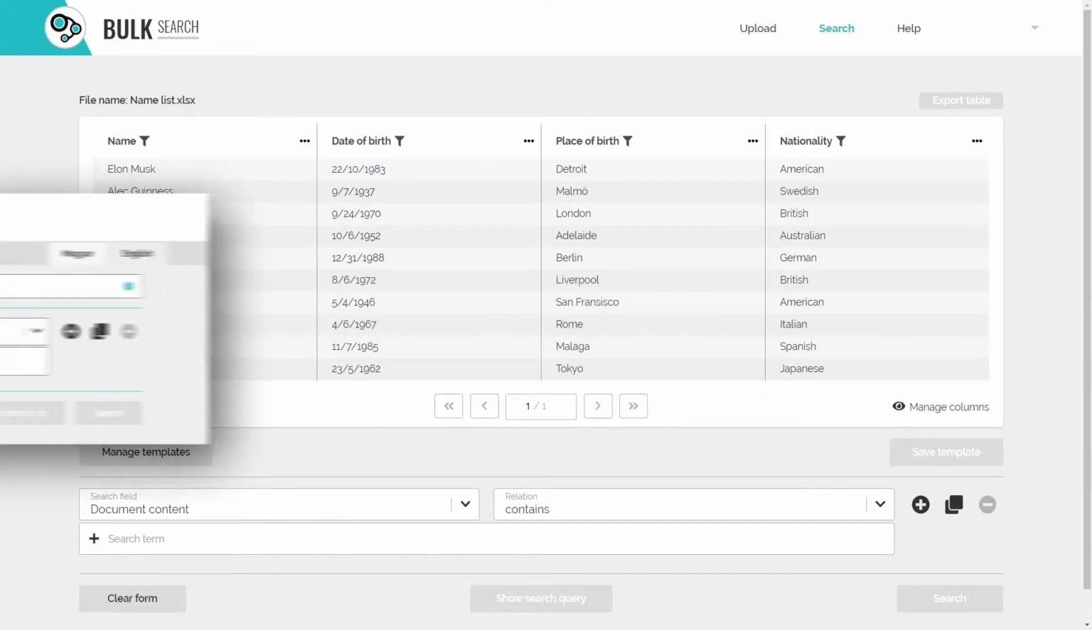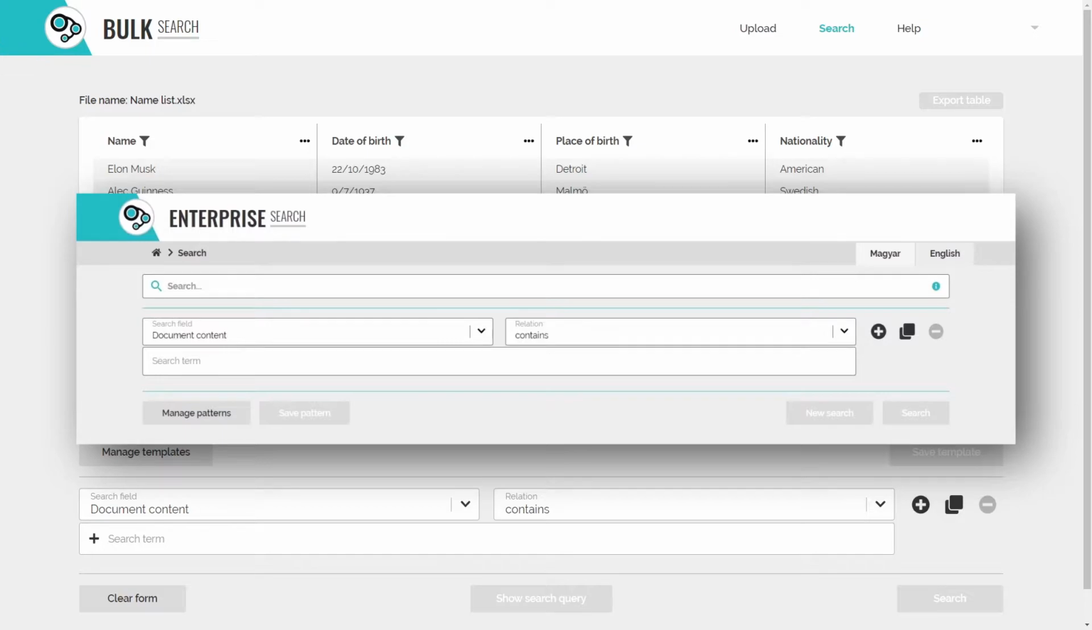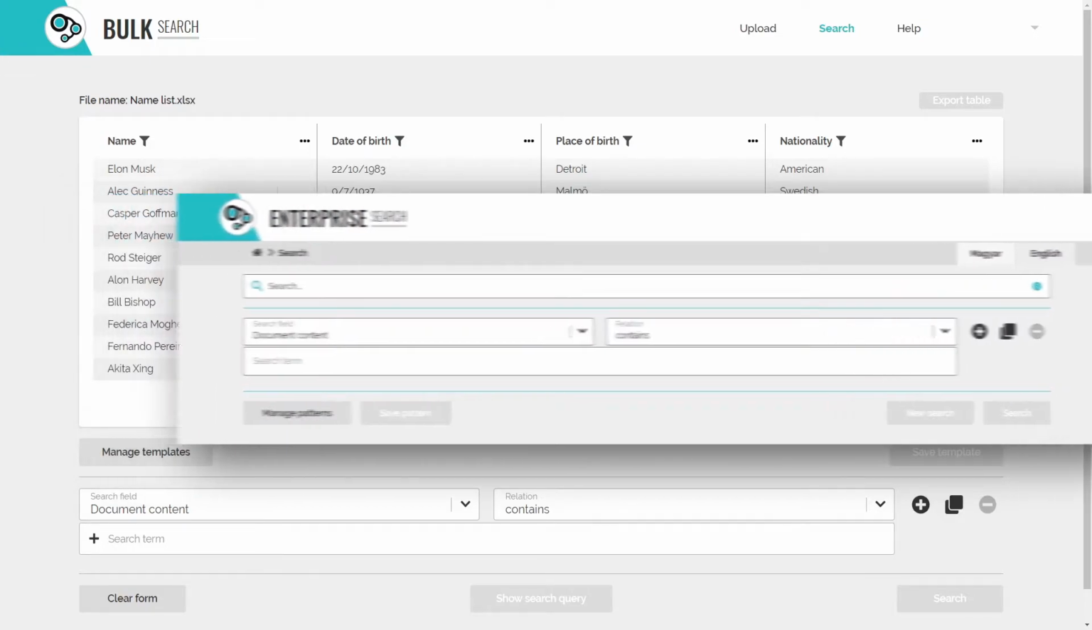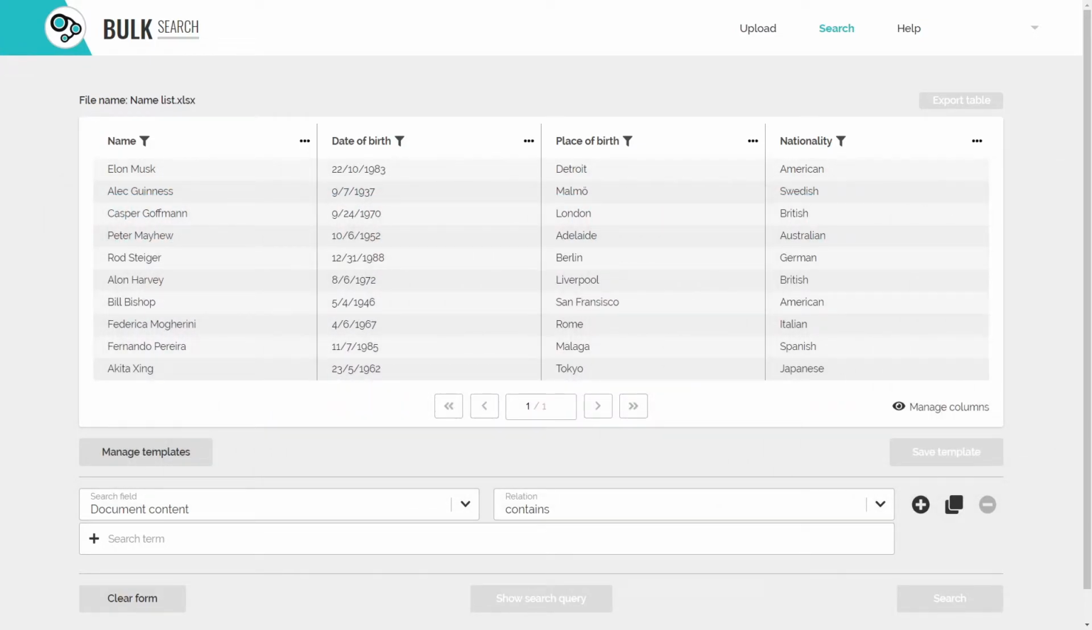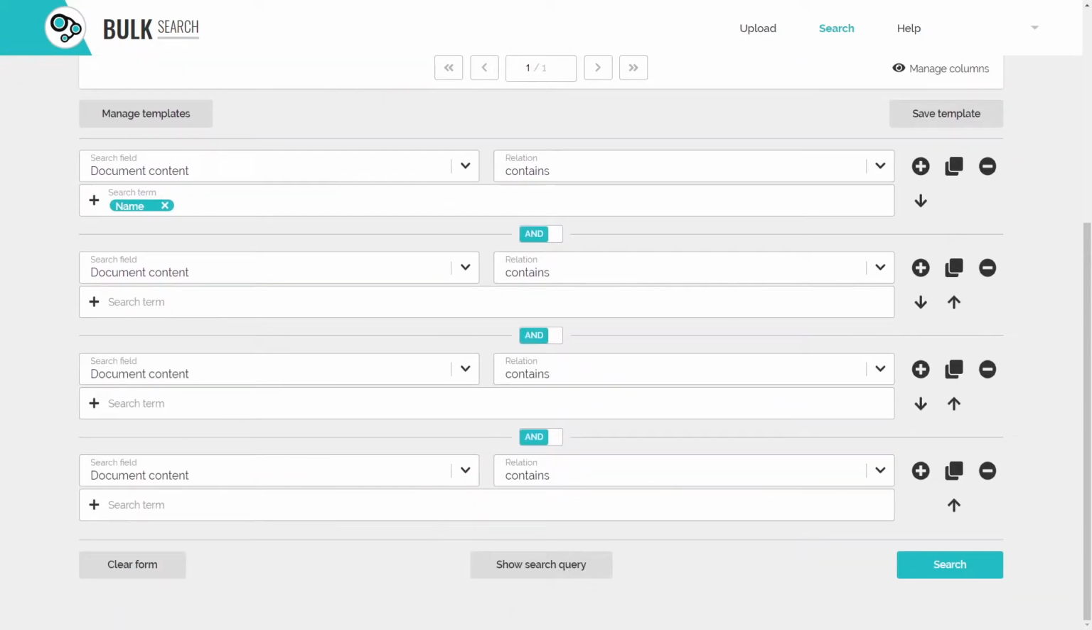The appearance of the Enterprise Bulk Search interface is very similar to Enterprise Search. Below the uploaded table, advanced search options are available. Multiple search parameters can be set at once by selecting the search field, the relation, and adjusting the search terms